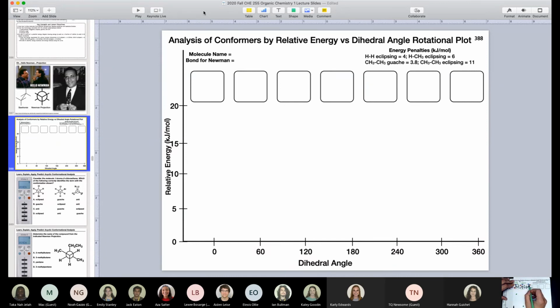Now, since methyl groups are bigger than H eclipsing, they have a significantly higher energy penalty, and so they're equal to 11. So methyl-methyl eclipsing is +11. 11 plus 4 is 15, plus 4 is 19. So for this conformer, there's about 20. We're now significantly higher. So if we continue our rotation through,